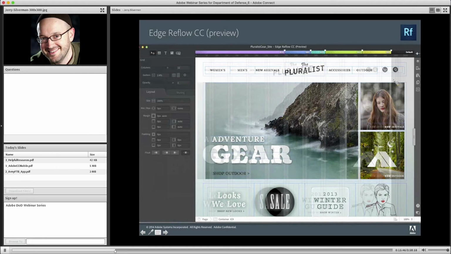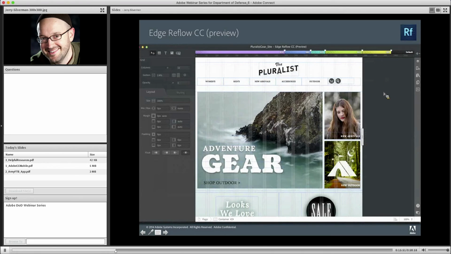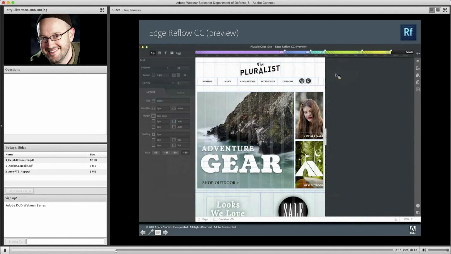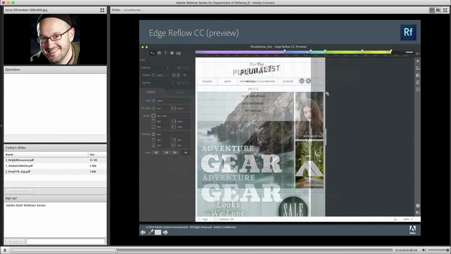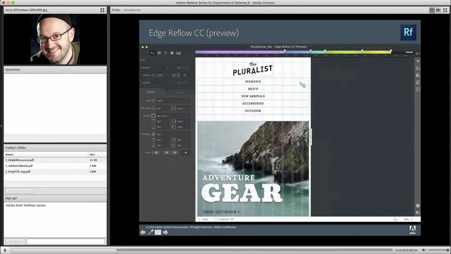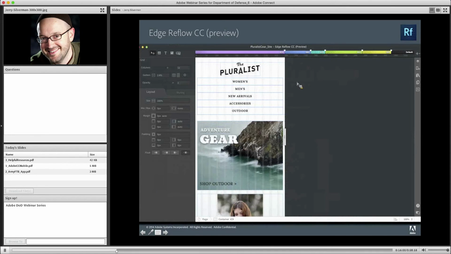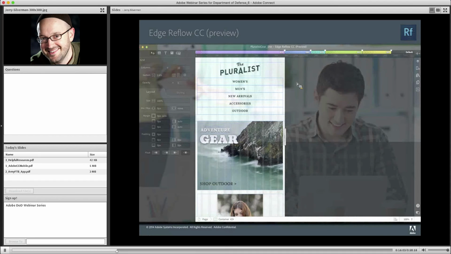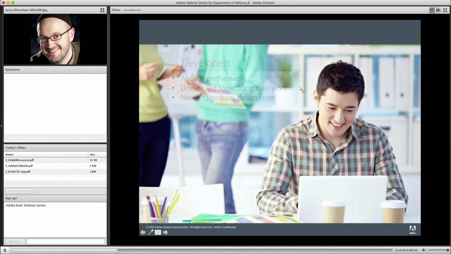So once you're in Reflow, designers can basically make decisions as to how to display the content depending on the screen size that they're trying to address. And they can then pass these responsive comps over to web developers to implement them on the website. And speaking of developers, let's just talk about them quickly. Most designers depend on them to get the web content from the design phase to the production phase, but most web developers don't like tools to help produce their code. In fact,